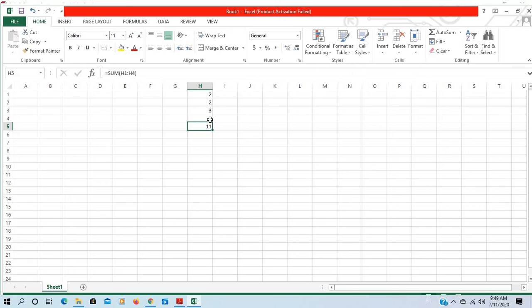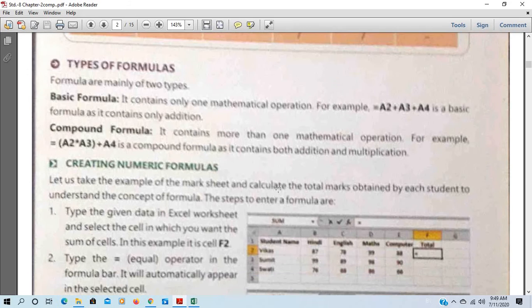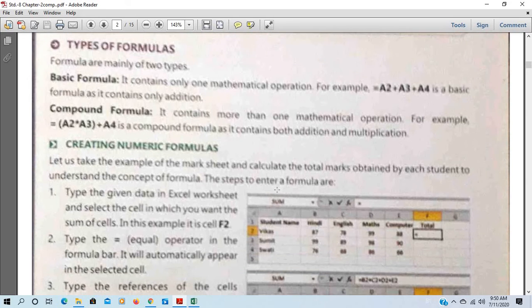There is no need to write once again the formula, and it automatically calculated 11. Here we can see the formula in the formula bar, and here we see the result. So those students who are new to MS Excel can revise, or those who do not have any memory of the previous class can benefit from this practical session that I am giving with the theory.